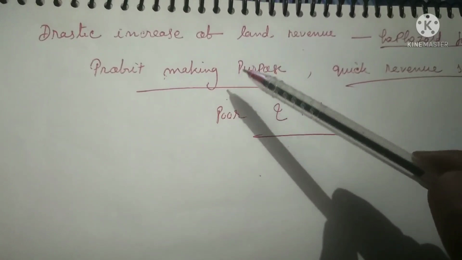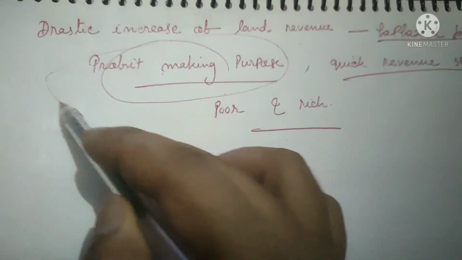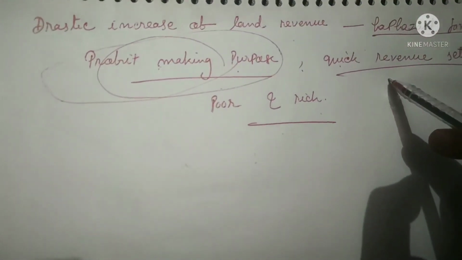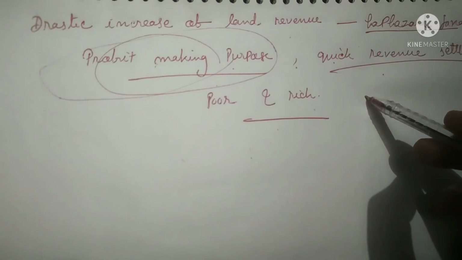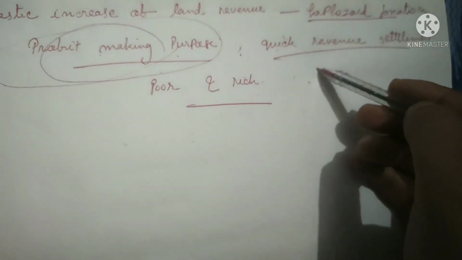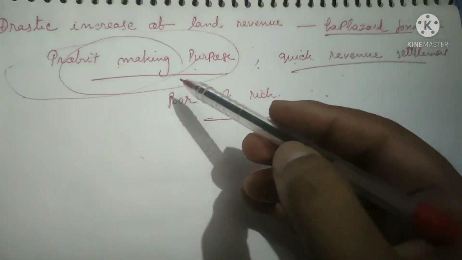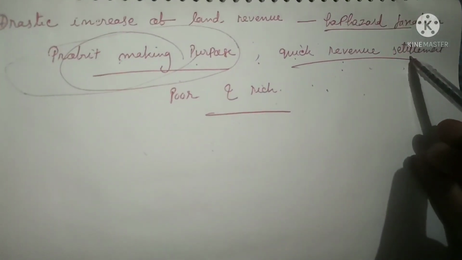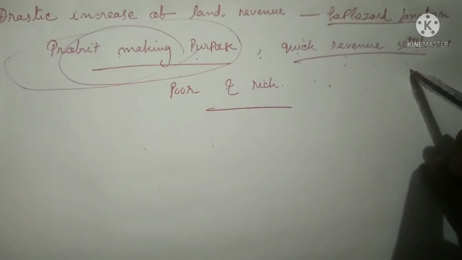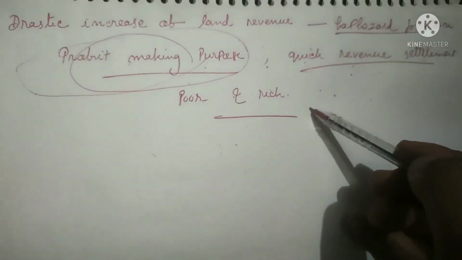Right, with the goal of maximization of profit, the company hurriedly increased tax within a very short duration of time, as well as the time period of revenue settlement. The haphazard taxation system with profit-making purposes and quick revenue settlement equally affected the poor and rich because